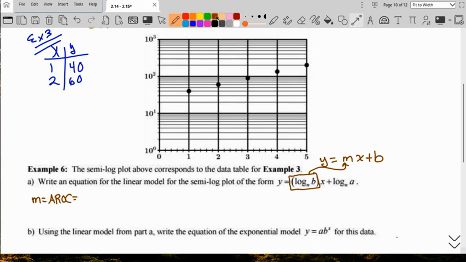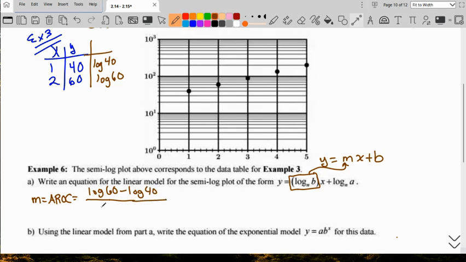But we know the average rate of change. Now, we're trying to get the linear form, which is for the semi-log plot. So we don't want the regular y values. We want the log of those y values. We want the log of 40, and we want the log of 60. So we're going to do log 60 minus log 40